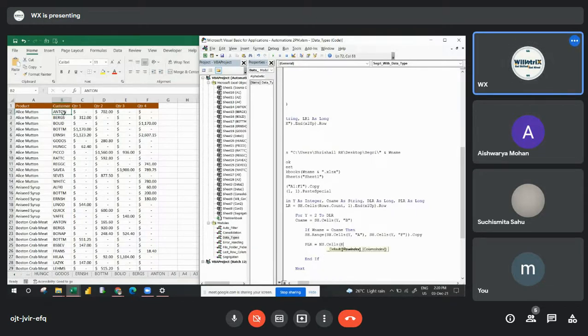Cells, Rows.Count, comma 1, End, xlUp, Row. And once we are done, cells of PLR plus 1, comma 1, dot paste special.